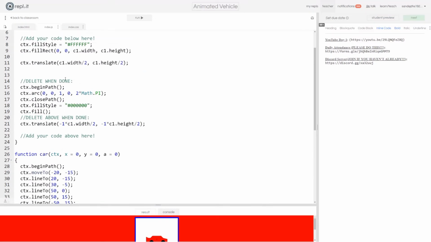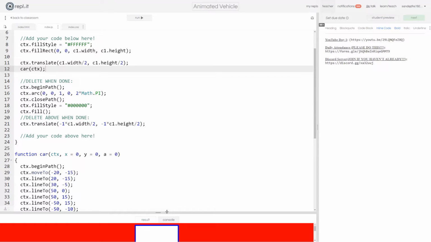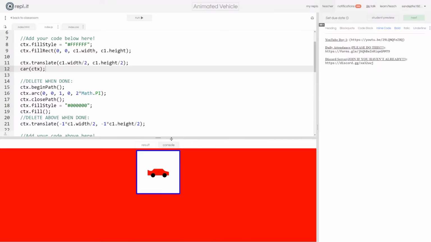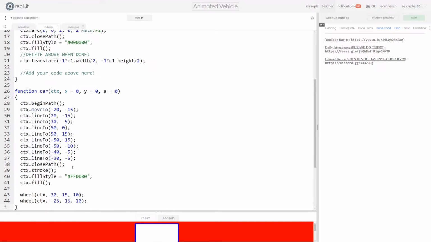Now, if we run this, you should see that there is no car. But if after this translate I call the car method on ctx, you'll see that the car is once again drawn in the center of our canvas. Now what we want to do is rewrite each of these coordinates in terms of x and y,